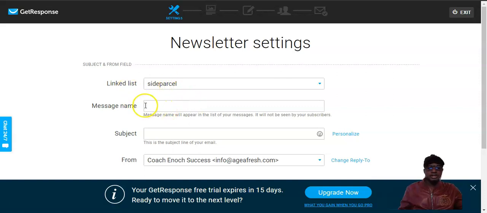Drag and drop editor. Then now, linked list. Any one you choose doesn't matter. You can also select the list that you want it to go to. Message name is just something for your own reference. What I usually do is store it as email 1, so that I know this is email 1 or day 1, anything you want. Then the subject,